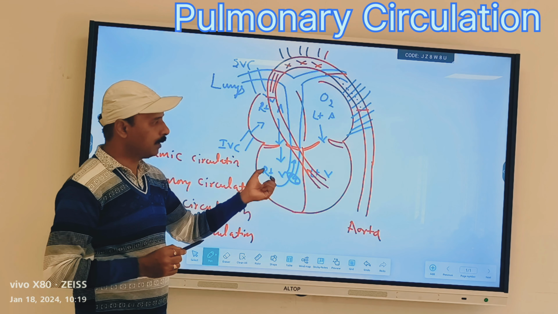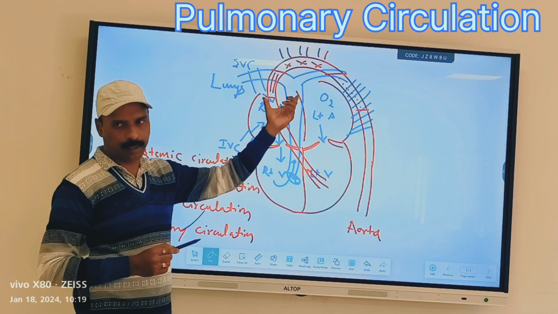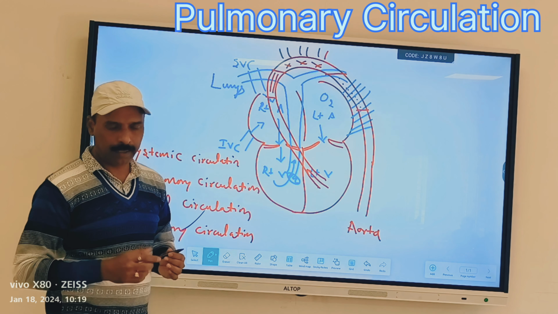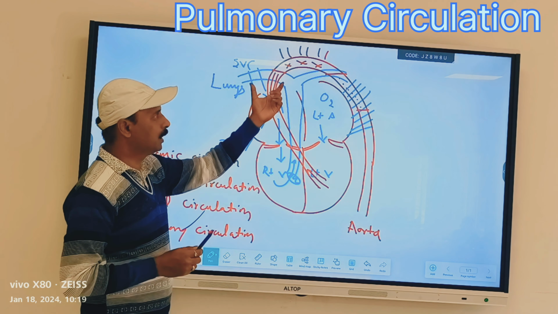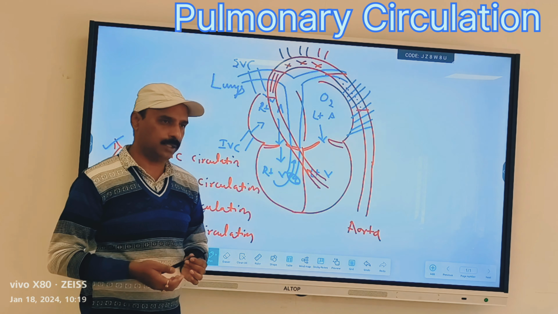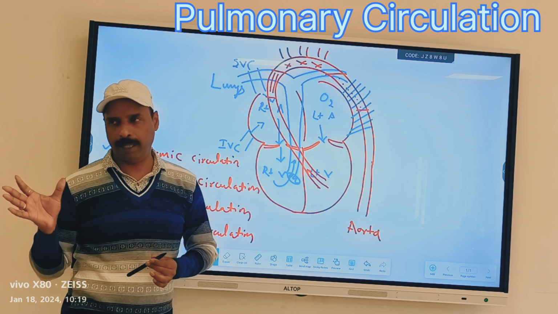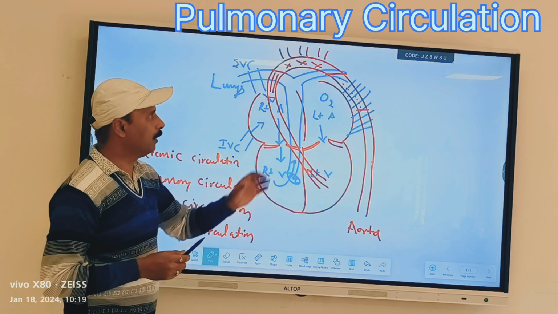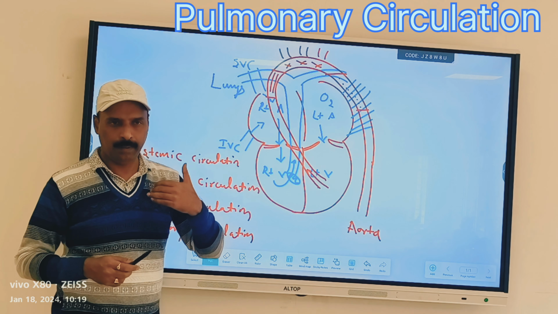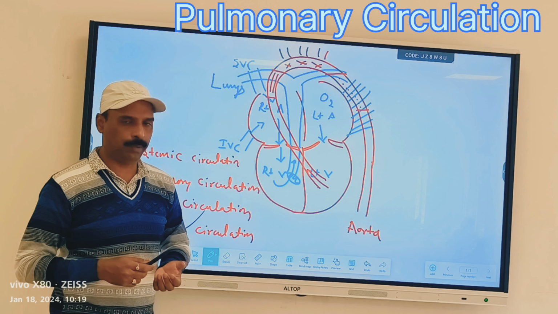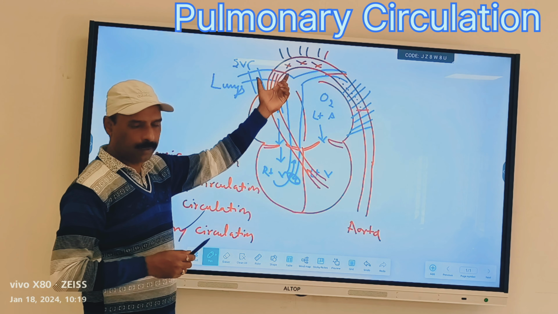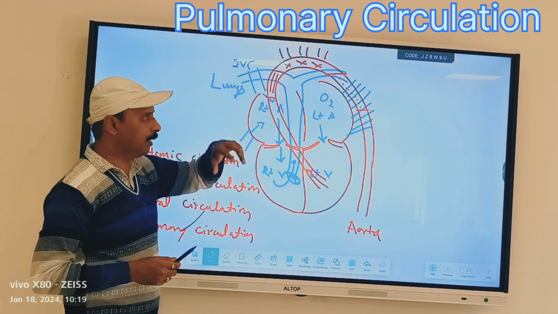When the right ventricle contracts, it pumps the blood into the pulmonary trunk, and we get the pulmonary arteries. These pulmonary arteries carry the blood to the lungs for oxygenation. There is an exchange of gases that takes place, taking in oxygen and giving carbon dioxide out of the blood. So there is an exchange of gases, and from the lung